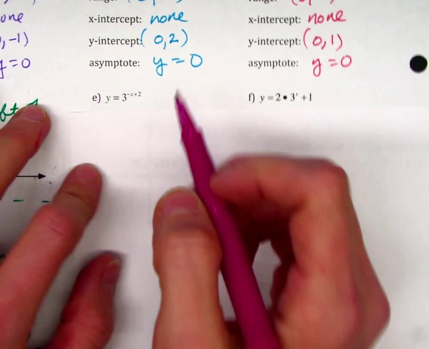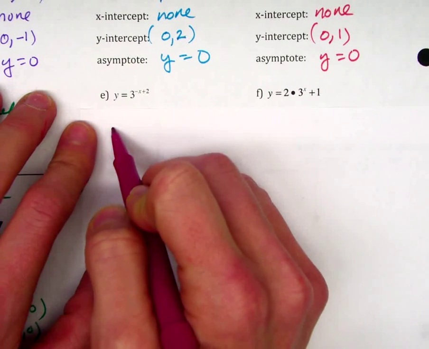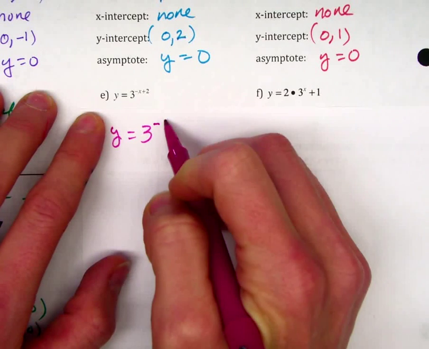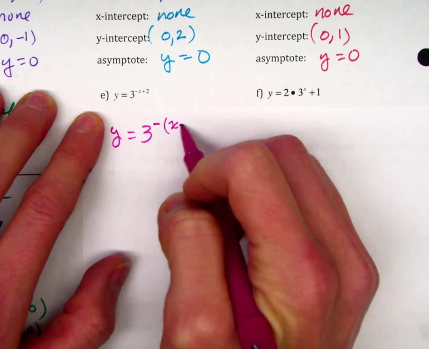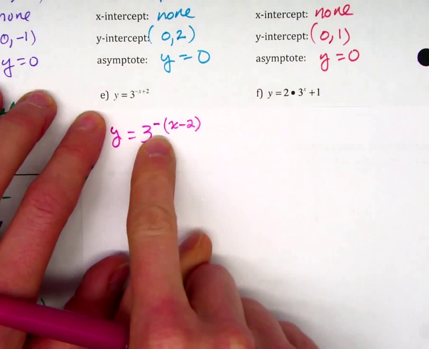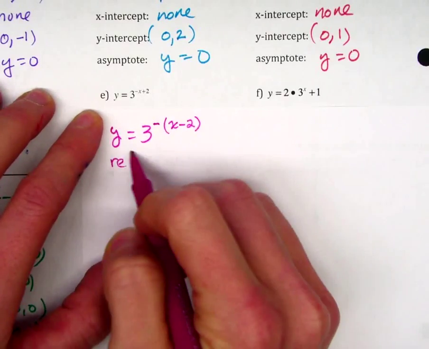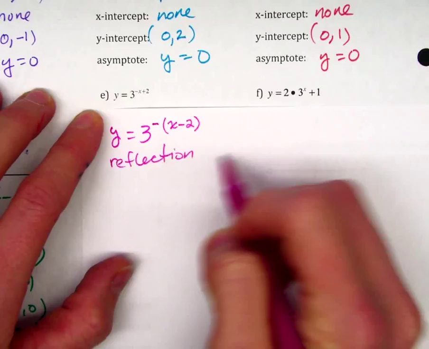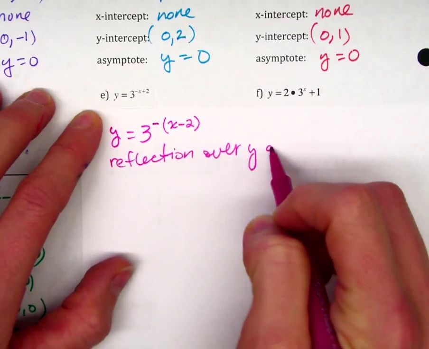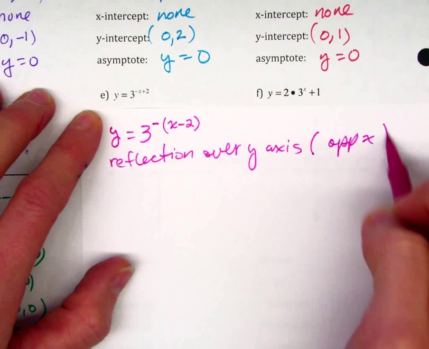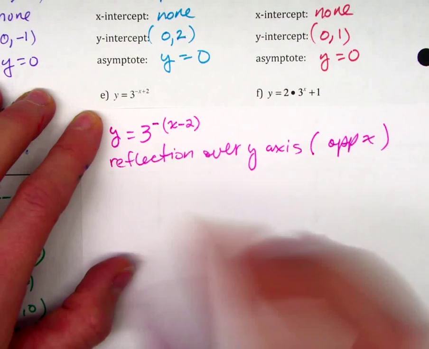The first thing that you need to do for this function, you want to go ahead and rewrite. Anytime you have that negative in front, you're going to pull that guy out, and this becomes x minus 2. So what's going to happen is you always want to reflect first, so this negative is going to give us a reflection over the y-axis, and that just means we're going to have the opposite. All the x's are going to be opposite x values, all right,